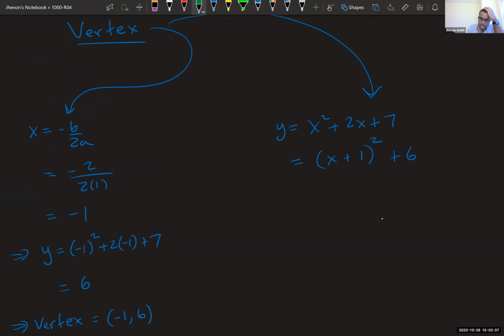You'll notice that this, of course, you note that this is y equals a x minus a minus 1 squared plus 6. And so you can see that your h is a minus 1 and your k is a 6. So you can find a couple ways to find the vertex, right? Completing the square, or you can use the minus b over 2a formula. Okay, now that you've done that,